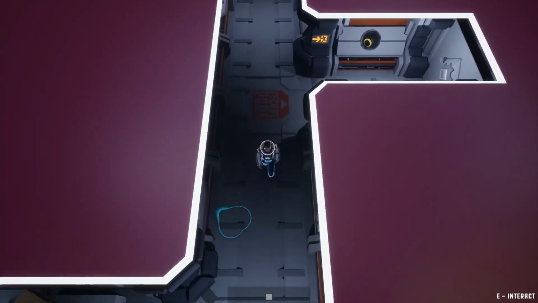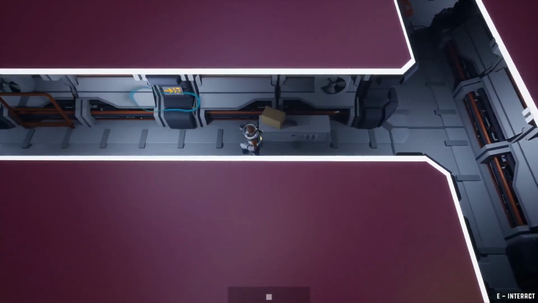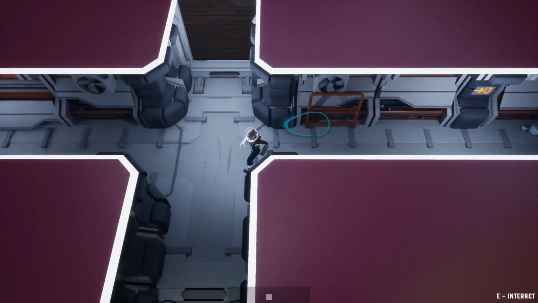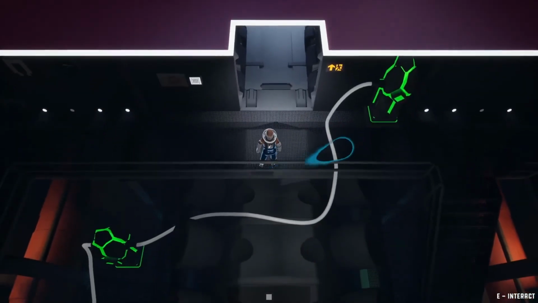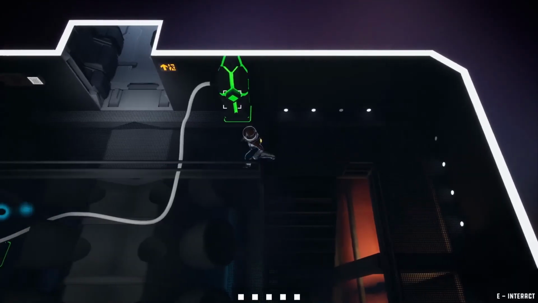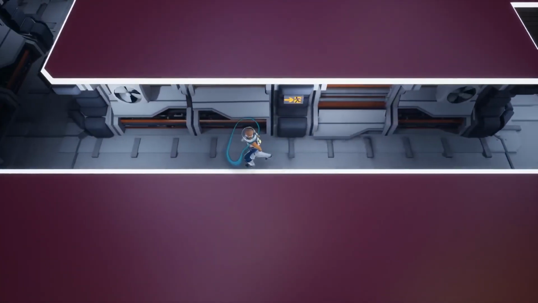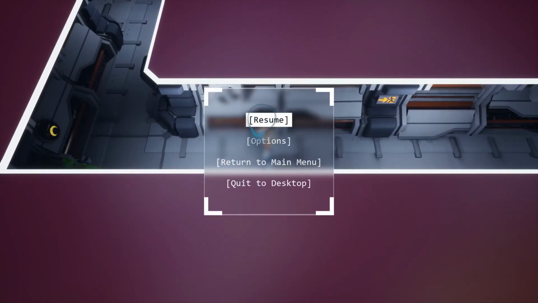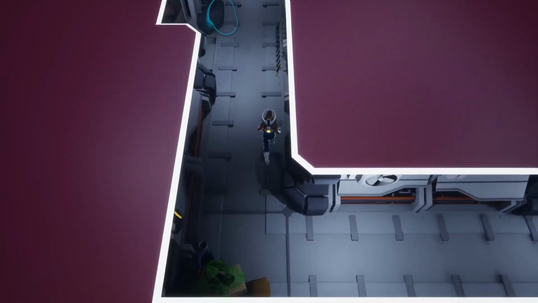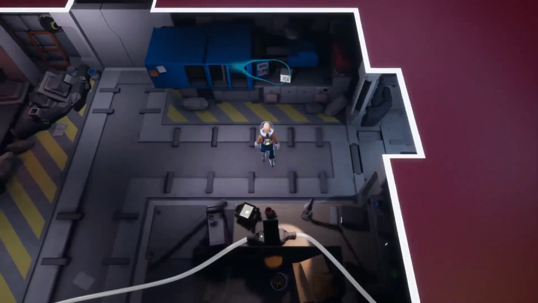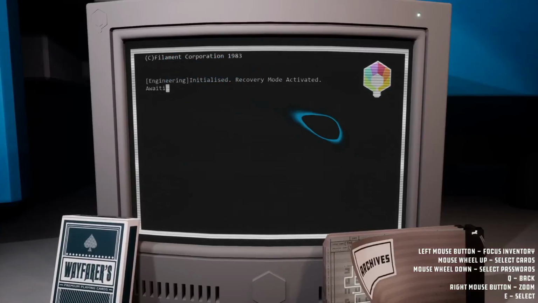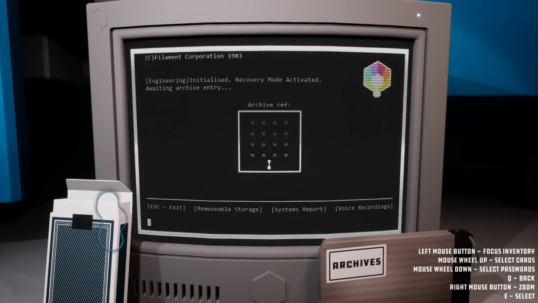All right, well, that's going to be it for this episode. It looks like we have to go up to the next floor if we want to get more puzzles. I think we finished all the puzzles on this floor, except for the one to get us into the escape pod. But that feels like an end game thing anyway, because I don't think we have any